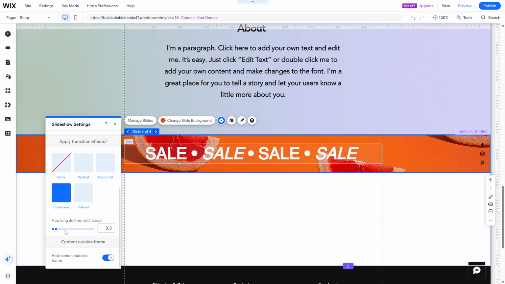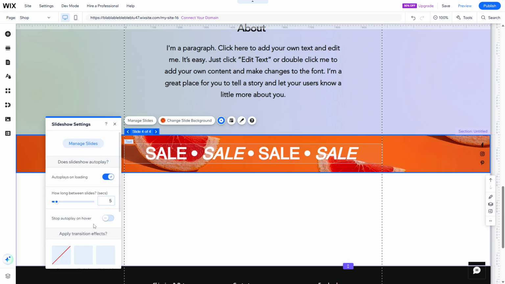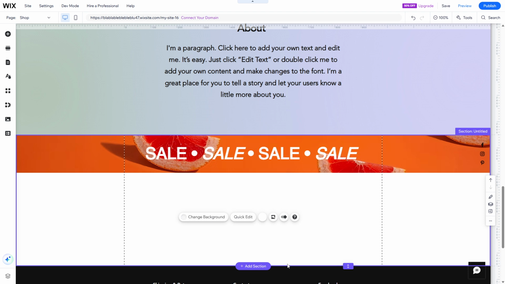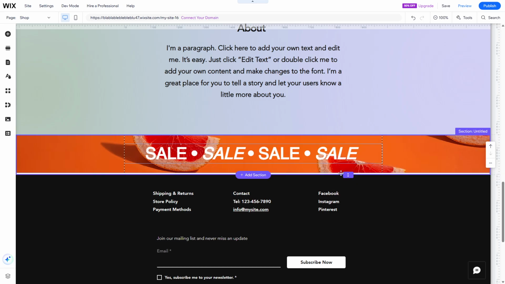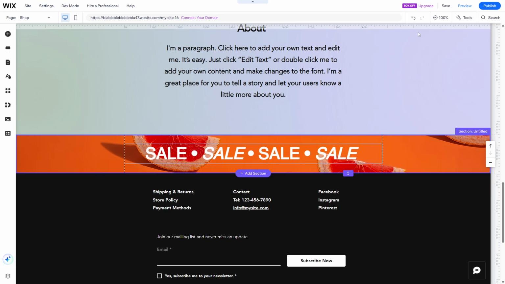Lastly, consider whether you want to show or hide navigation arrows and buttons, which can enhance user interaction and allow visitors to explore the slideshow at their own pace. Throughout this process, you'll be making decisions on the look and feel of your slideshow, aligning it with your website's overall theme and purpose. By following these steps, you can effectively leverage the power of full-width slideshows in Wix to